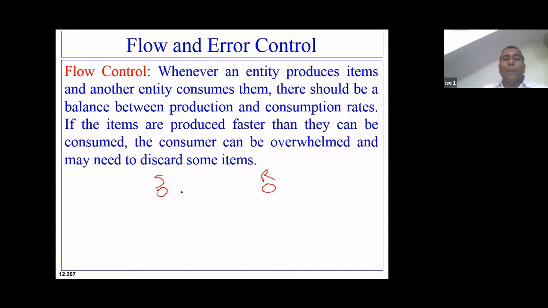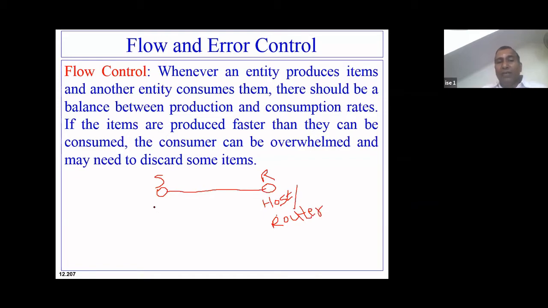Now, whenever there is a mismatch, the receiver may be an end host or it may be a router. So the receiver may be an end host, or it can be a router, an intermediate device, anything of that form. So now what is happening, how exactly does flow control come into the picture?